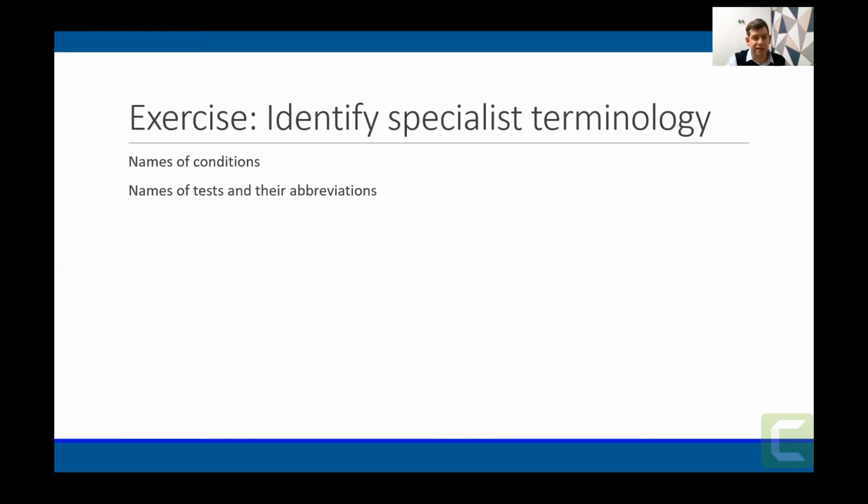So the different types of tests that someone could have when they go to an appointment. A doctor will send people for tests. The example I gave there was a CAT scan. So they might say, right, I'm going to have to send you for a CAT scan, and that's your follow-up appointment. So getting used to some of the names of those tests and the abbreviations that are used.